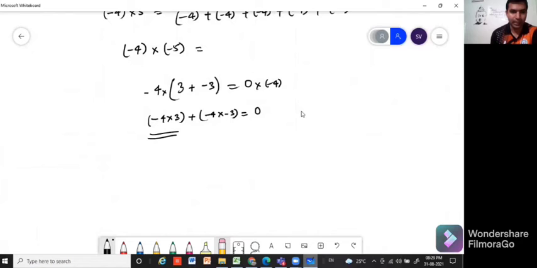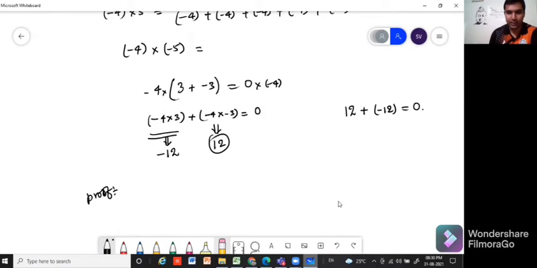Now we know this result, negative 4 times 3. What does it mean? Add negative 4 three times, which is negative 12. Now, in order to satisfy this condition that something plus something is equal to 0, we knew that if I add a number, let's say 12, to its negative, it will give 0. So from this analogy, LHS will be equal to RHS only when this is equal to 12. So therefore, negative times negative is positive. This is one proof. There is one more proof using the number line. Let's see that as well.